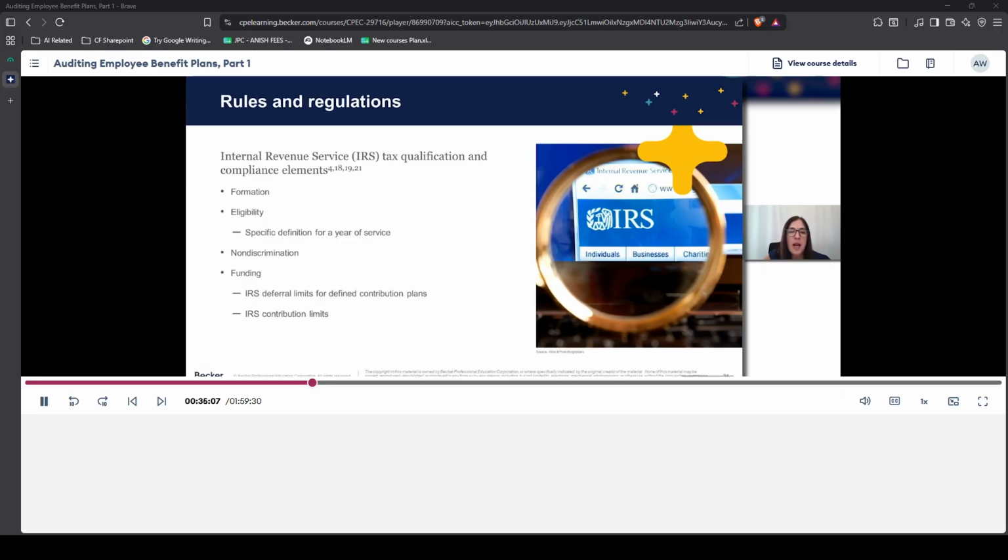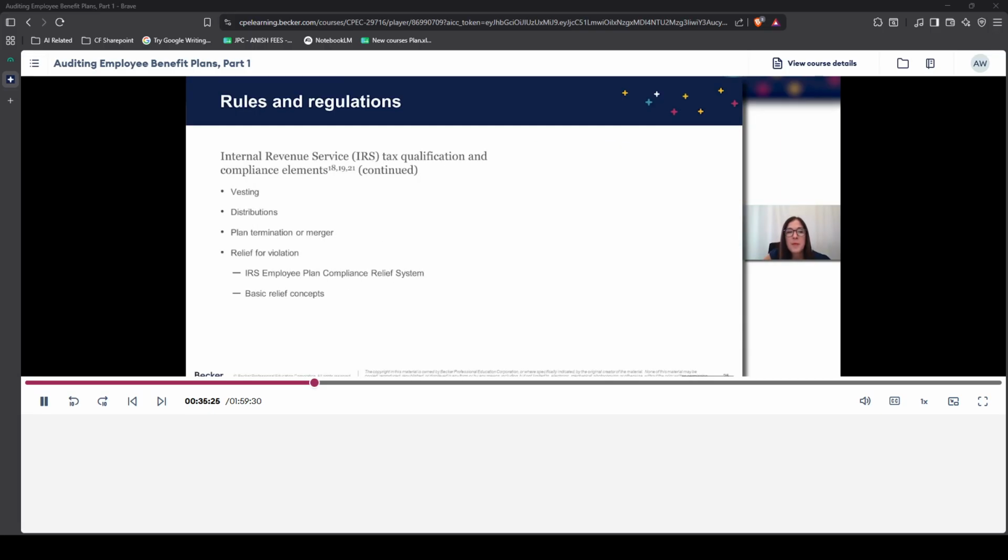Now, this does not mean that you have to be an expert and memorize the entire Internal Revenue Code, but you do have to understand the basic rules that govern employee benefit plans, because you're testing to make sure that the plan is still in compliance with its qualified status. So some of these other qualification and compliance elements surround the vesting provisions, which will be defined in the plan document and should be in accordance with the Internal Revenue Code as well. Distributions, plan terminations and mergers, all of those are various compliance or qualification elements that you're testing as part